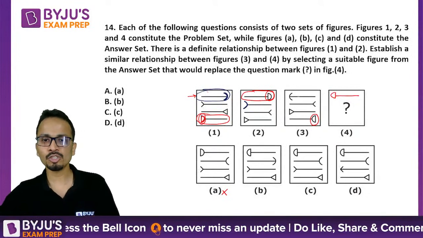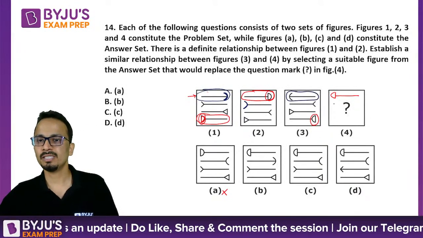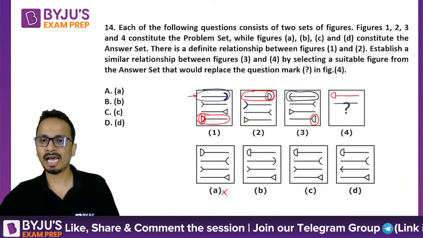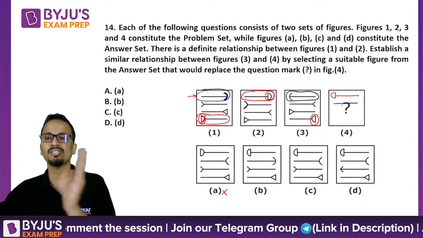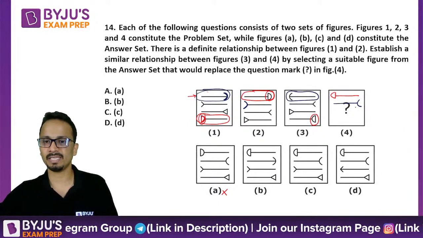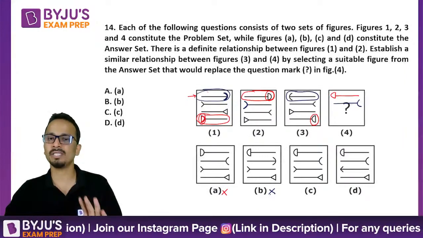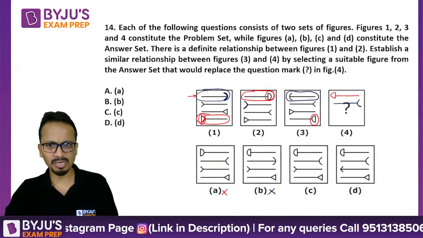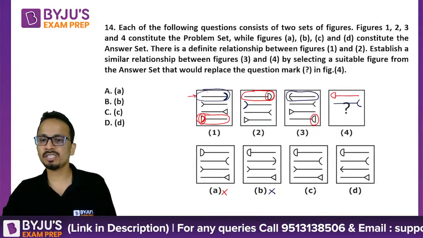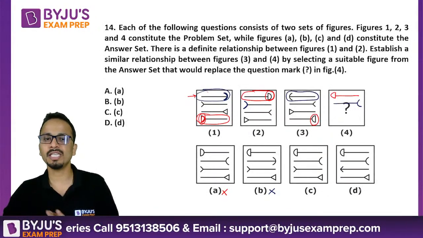Okay, so similarly यहाँ पे ये जो first figure है, ये draw हो जाएगा इधर, and this curve as it is left side से उठा के हम right side पे ले जाएंगे, and the second figure will be like this. So I can eliminate option B on this basis. Simple. ठीक है. Now option C and option D are left.